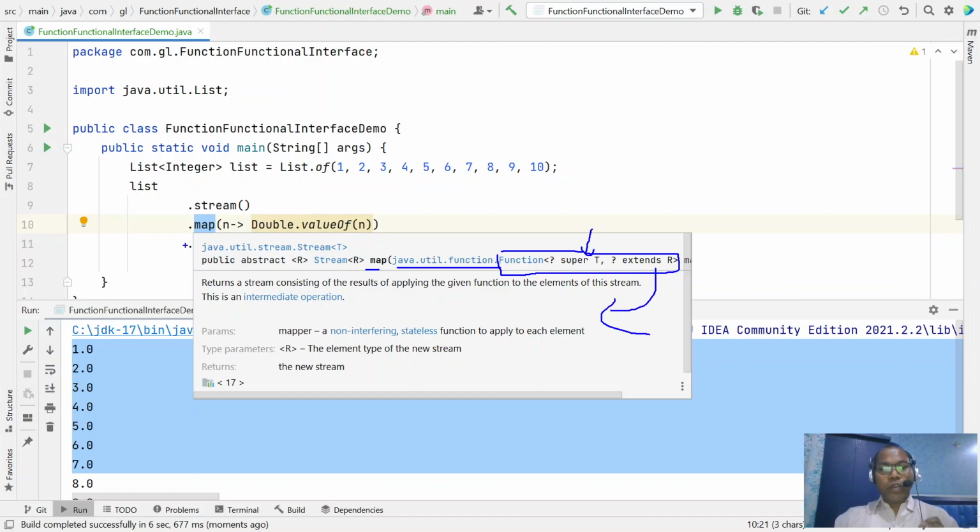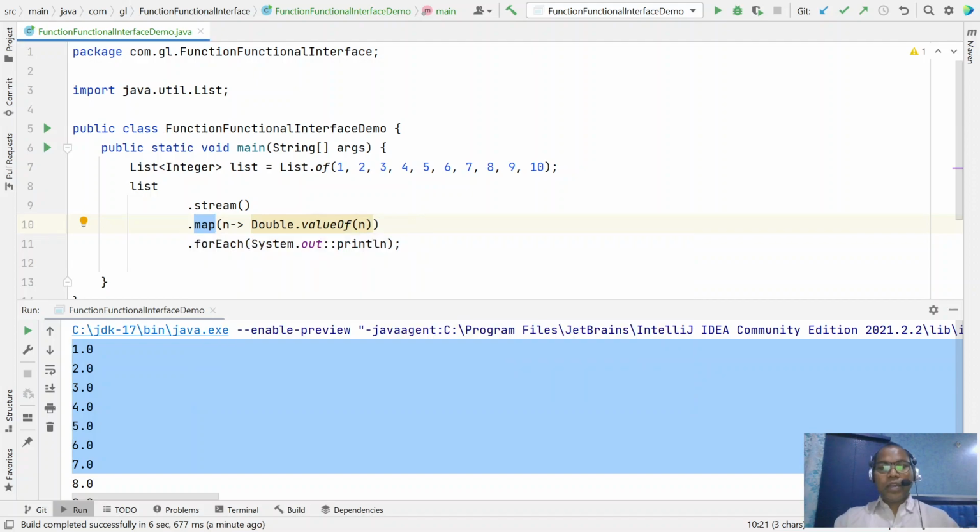So whenever you use map, it expects you to pass an object of the functional interface.